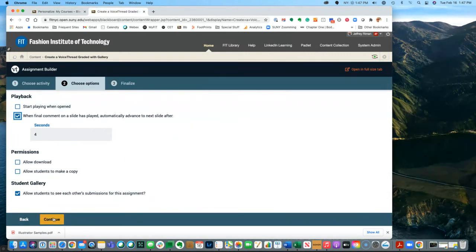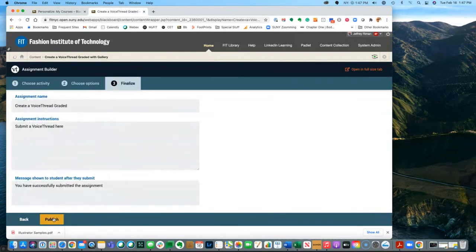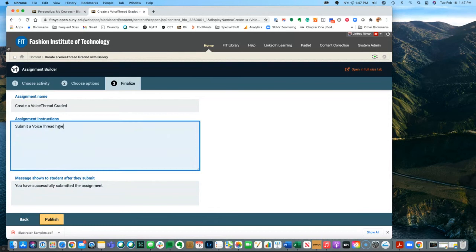And then when I click continue, this is where I would put create and submit a VoiceThread right here. Like I said, my instructions are very detailed, but they're bullet points. You will create a VoiceThread on this topic, and then you will add it here.